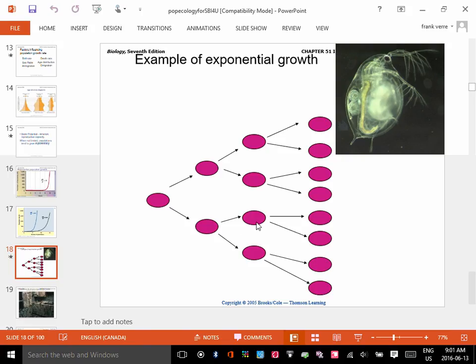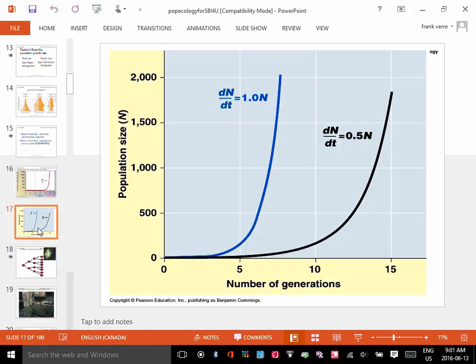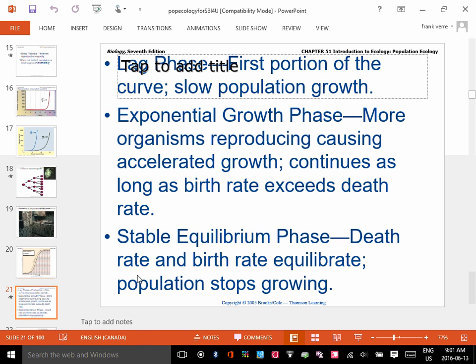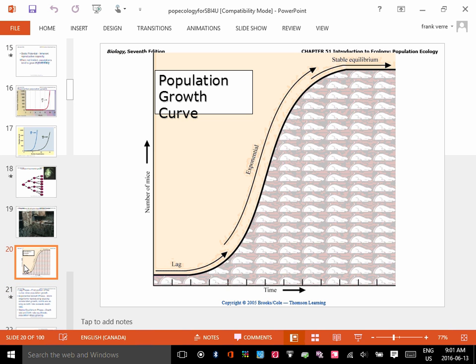And then you get this doubling effect. If you were to map that out, graph it, that would be exponential growth. So here's a picture of my living, no, just kidding. So exponential growth. Populations grow exponentially, they go out of control. Why don't we see that? What goes on? What happens to a population?